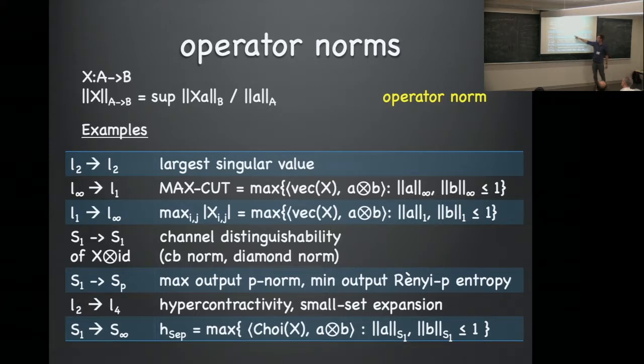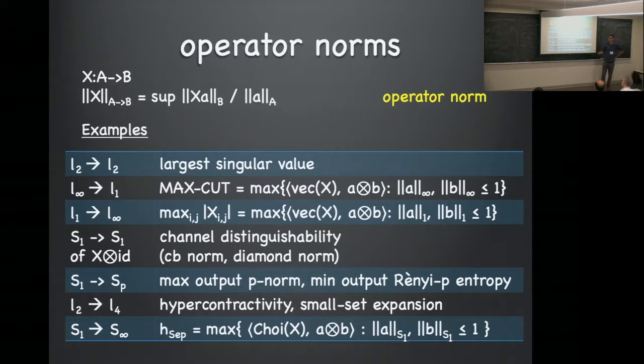One norm that will come up is the L2 to L4 norm. So you can think of this as like the 2 to 2 norm. The input is still L2: you put in a vector with Euclidean length 1, but you measure the output in terms of its 4 norm. And I guess the 4 norm comes up in that picture of the TV set.